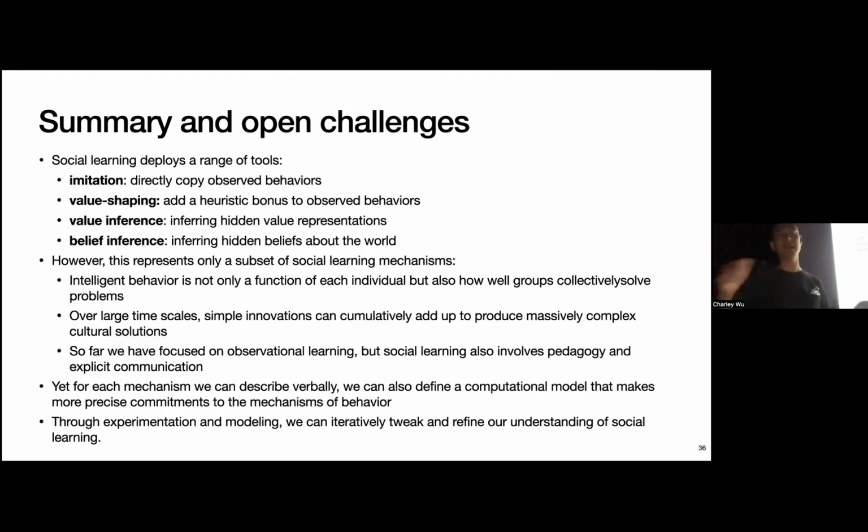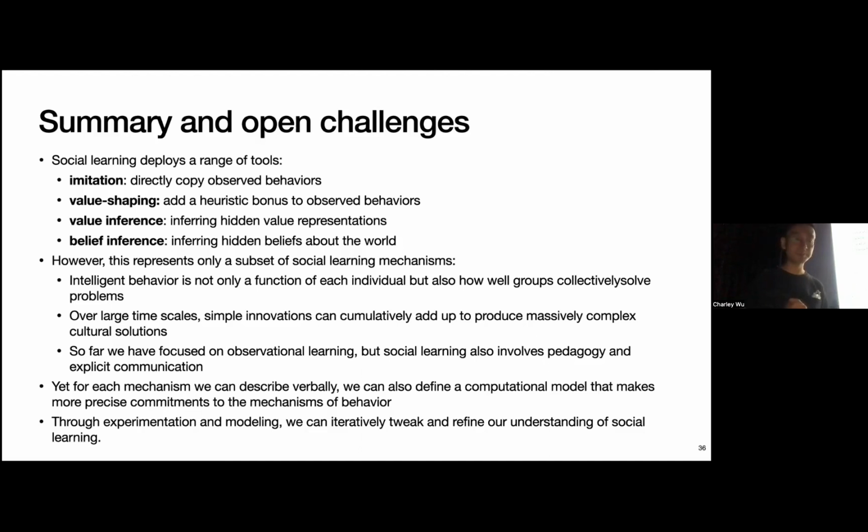We can infer hidden value representations that people have. We can infer beliefs, hidden beliefs about the world. However, this is still only a subset of the possible social learning mechanisms that humans and animals have access to. Intelligent behavior is not only a function of each individual, but also how well groups collectively solve behavior, right? We've seen this with Ian's talk and through Ari's talk. It's not only these individual behaviors, but also how we form these connections and how we collectively solve, coordinate to